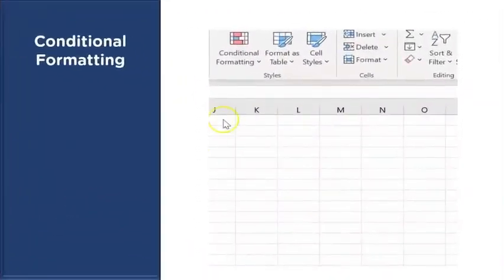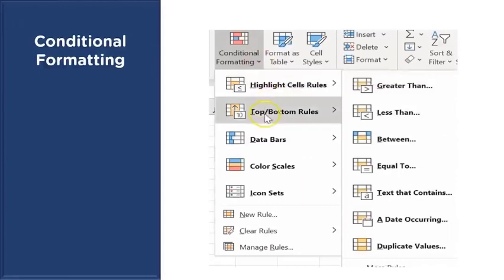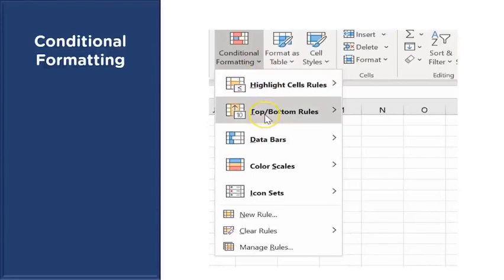Let's look at one more interesting feature of Excel, and that's your conditional formatting. Now, as you see on the screen, conditional formatting has different rules which can be applied on your data, and that allows you to basically differentiate or easily identify data values which are based on certain criteria or rules. So when you talk about conditional formatting, you have different options, such as you can highlight cell rules, you can get top and bottom values, you can apply different color scales, and you can easily manage these